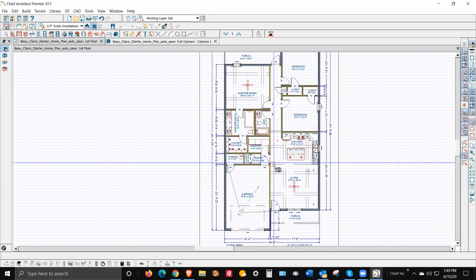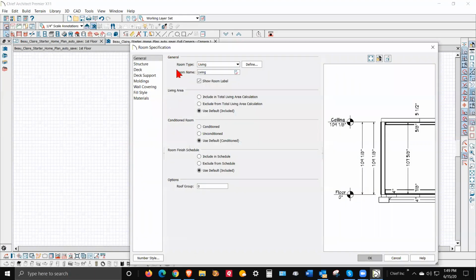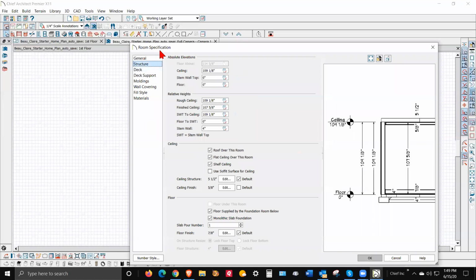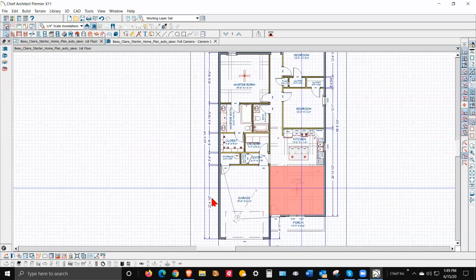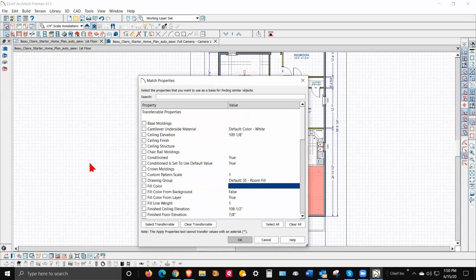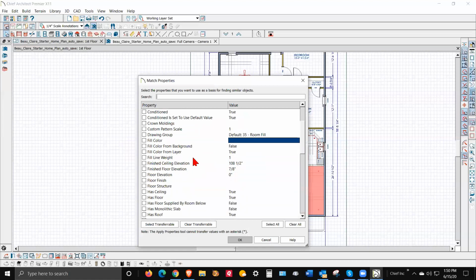Another thing to do, the way I usually handle it is we can leave the foundation there. I'm going to go over here to the structure tab of this room, and I'm going to uncheck that and just floor into this room, irregardless of the foundation. And then this tool doesn't exist in Suite, but I'm going to, just to save time, I'm going to duplicate all of it. This is something I can only do in Premiere, but I want to, let's see,